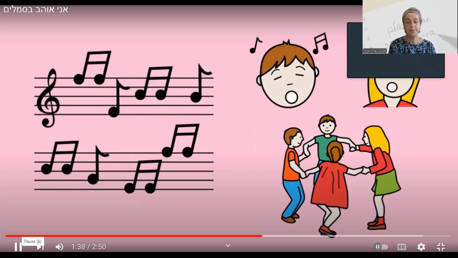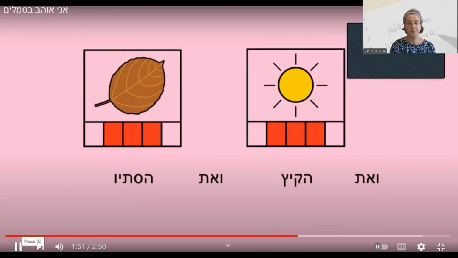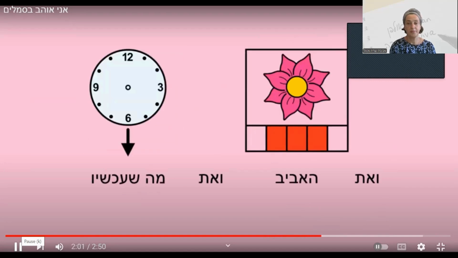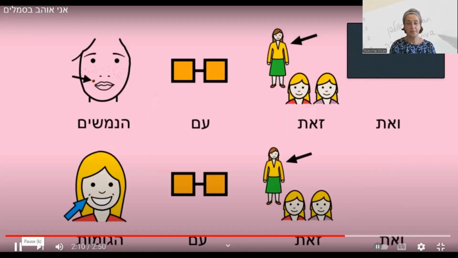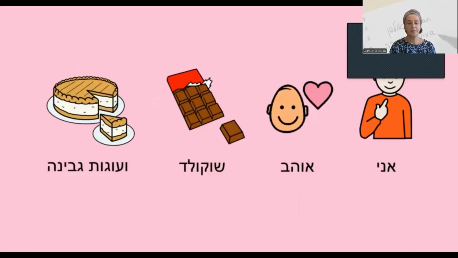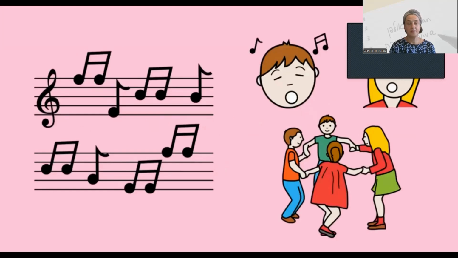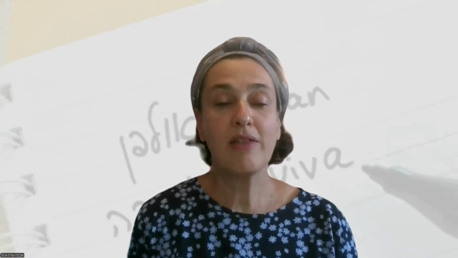La la la la la. אני אוהב את החורף ואת הקיץ ואת הסתיו ואת האביב ואת מה שעכשיו אני אוהב את גלית בעיקר עם צמות ואת זאת עם הנמשים ואת זאת עם הגומות אני אוהב שוקולד ועוגות מן השוקולד וארטיק וסוכריות ועוגות הסוכריות אני אוהב ימי הולדת וסוכריות ושמש וירח